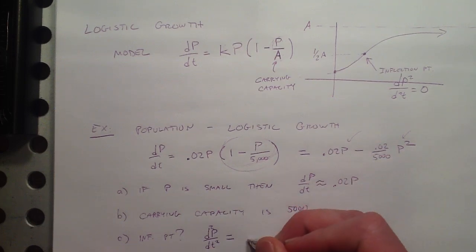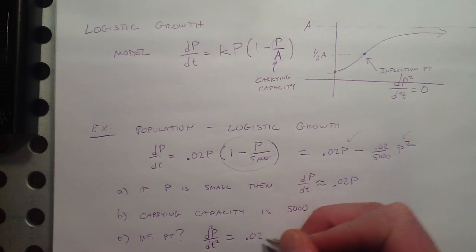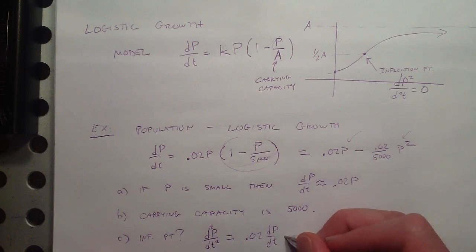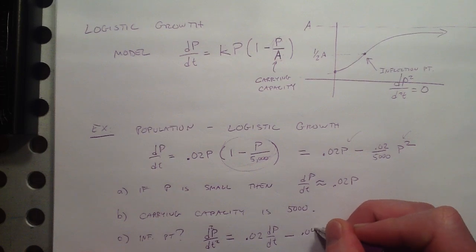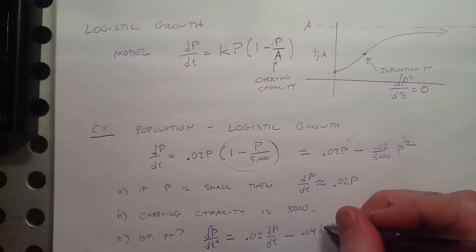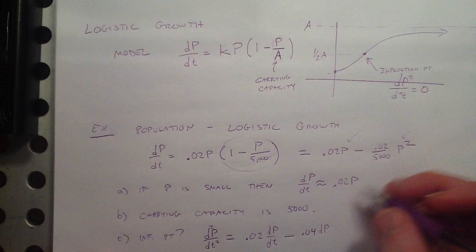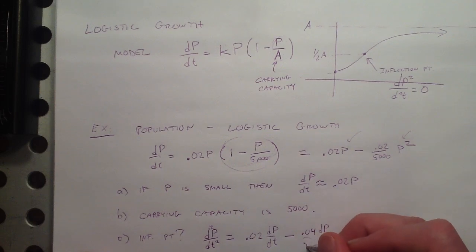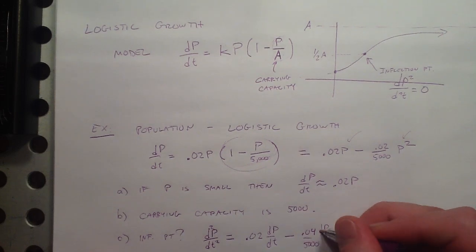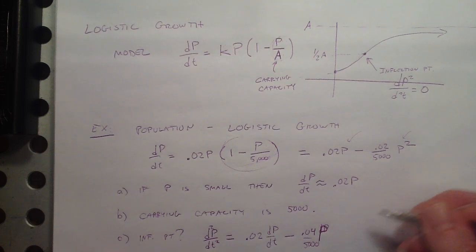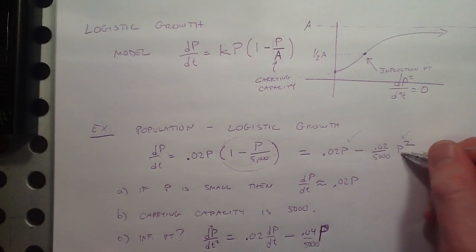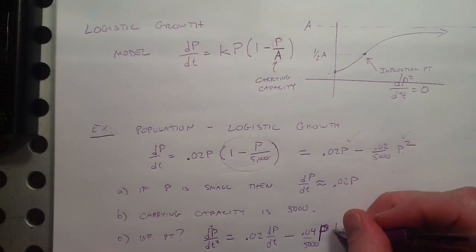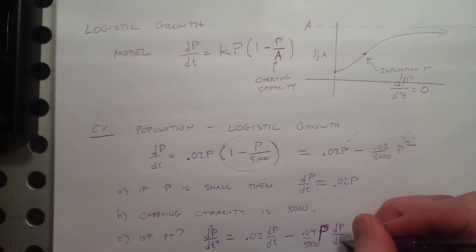So the derivative of that is 0.02 dp/dt minus, and then the 2 comes out here, 0.04 over 5,000 p, right? That's the 2 coming out from the power rule there, but I just took the derivative of what's like the y variable, so it's dp/dt,